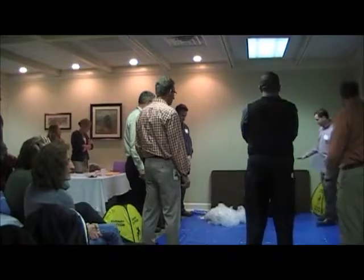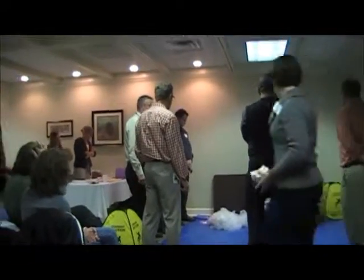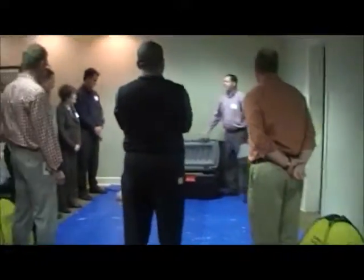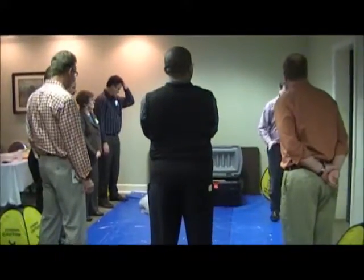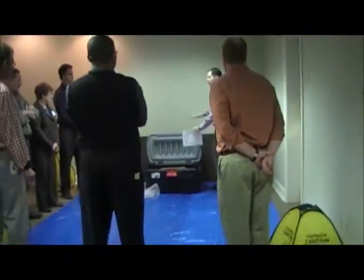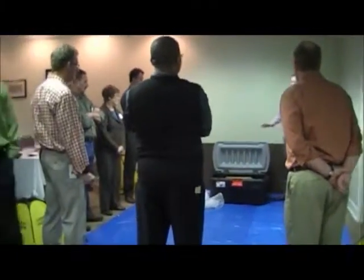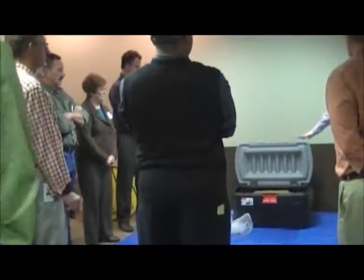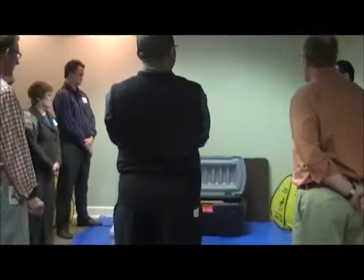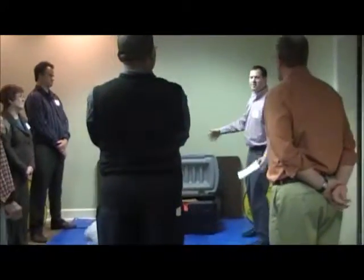So the way we're going to do this is we're going to pretend this is a real dumpster here. And this is a furniture manufacturing company that we use in the simulation. Just so you know, this is actually a real furniture manufacturing company in Indiana that participated with Purdue University as they developed this. The numbers that they use are a scaled down version of what they actually found during